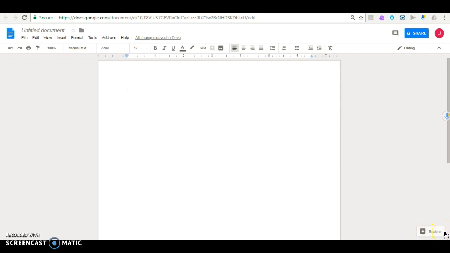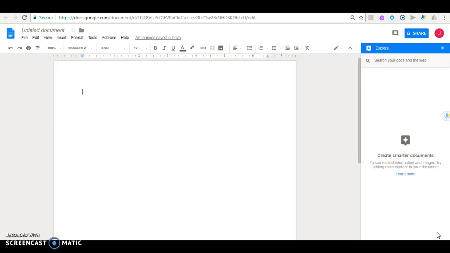Now, in the past, I was just using Google Docs as a way to substitute for Microsoft Word. And I just figured, oh, it's a great feature. Kids can be working on the same documents. The collaboration is great, but I didn't really get past that basic adaptation and feature. So one of the things that I really enjoy is knowing that this Explore option is at the bottom here. And when you open it up, you can start searching online and inside your own personal Google Drive for